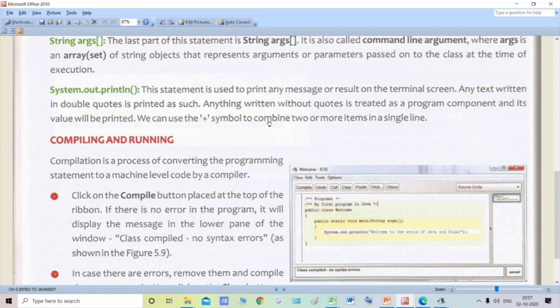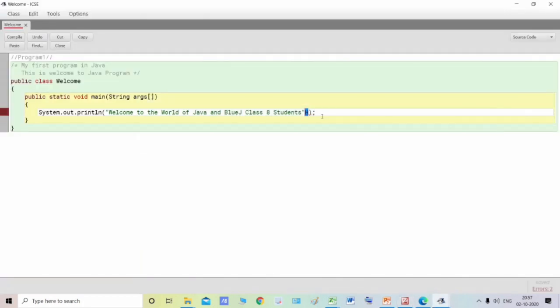We can use the plus symbol to combine two or more items in a single line. So this plus is called the concatenation operator. I'll just tell you what it means.